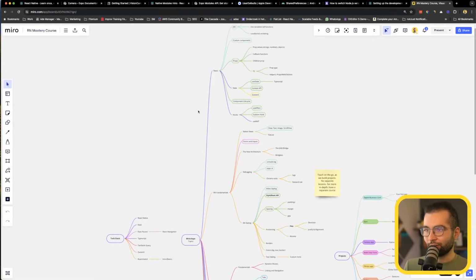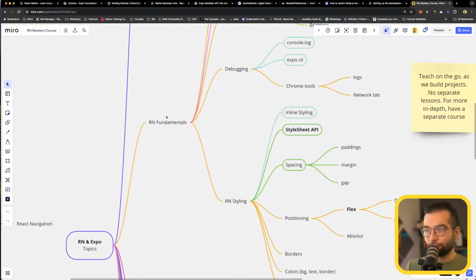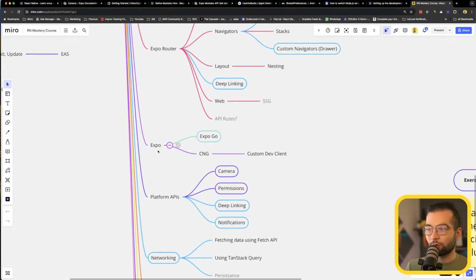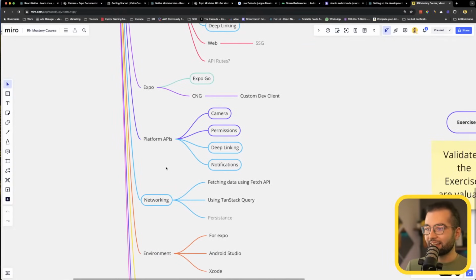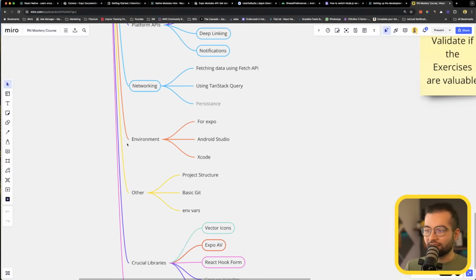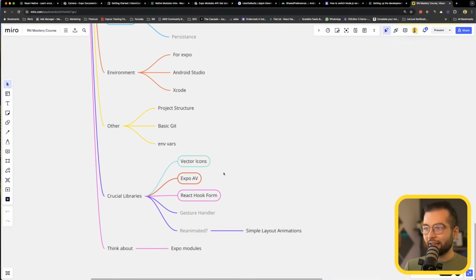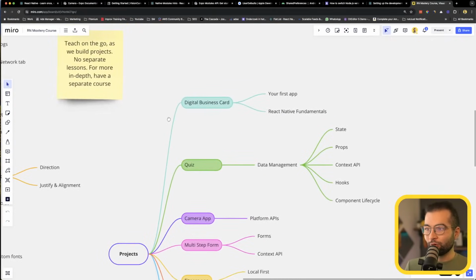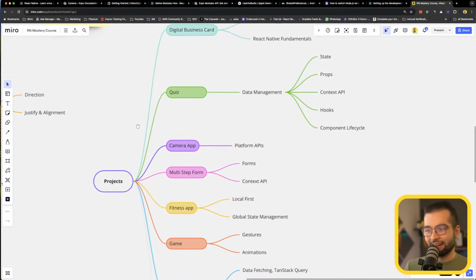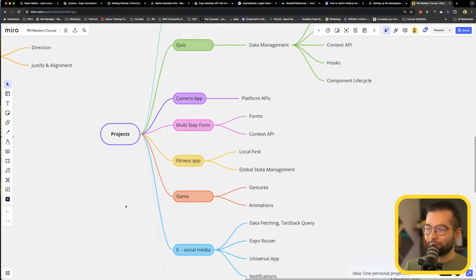And the course is going to teach all of these concepts together with React fundamentals, React Native fundamentals, styling, Expo router, of course, Expo workflows with custom development clients, and platform APIs, networking to get data and manage it, setting up all the environment, and basically learning everything about React Native and Expo to build applications. Of course, we are doing that through projects. So the course is going to contain around 7 projects. 3 of them I already have ready. I just have to finish